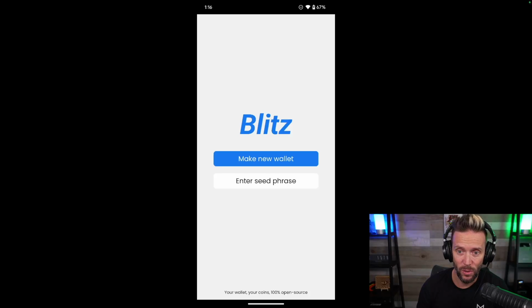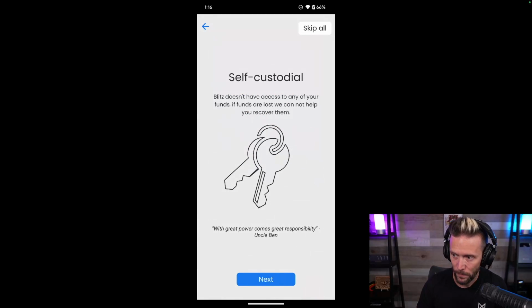Okay, now it gives us two options. We can make a new wallet or we can enter a seed phrase. I'm going to make a brand new wallet out the gate. I'll tap that button. It says, hey, this is self-custodial. Blitz doesn't have any access to your funds. If funds are lost, we cannot help you recover them. With great power comes great responsibility from Uncle Ben. I'm so glad they included that. Long live the Bens, Bitcoin Bens for the win. Continue on. Next,